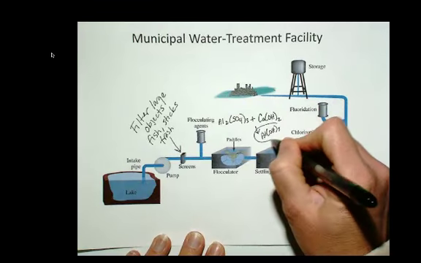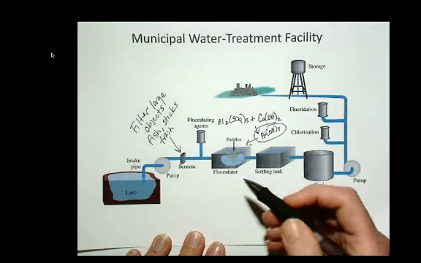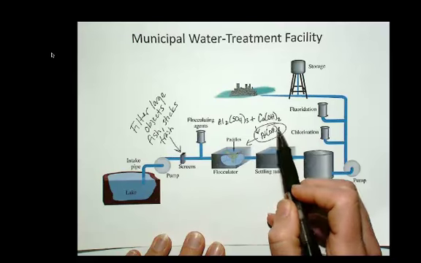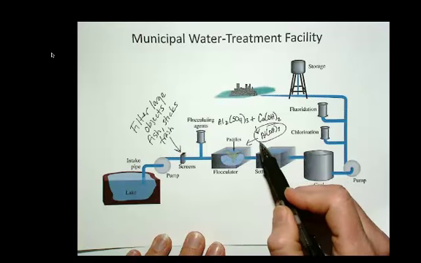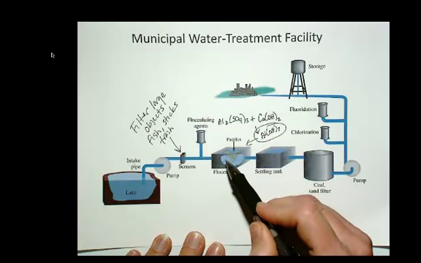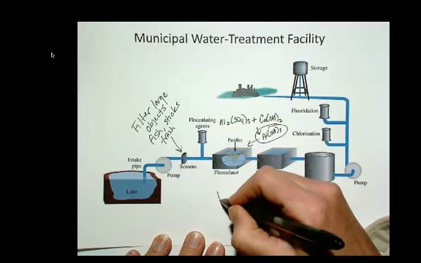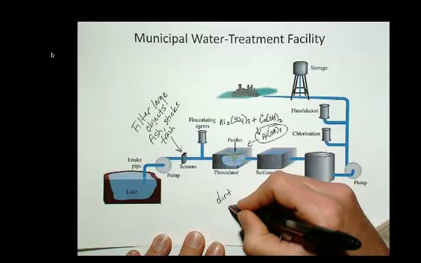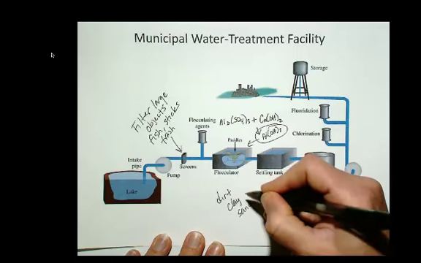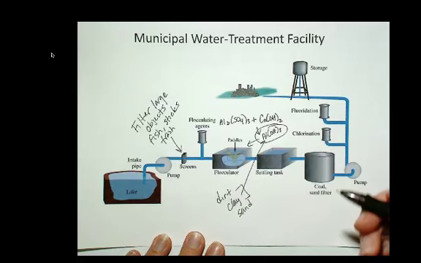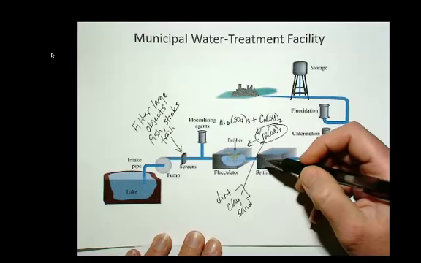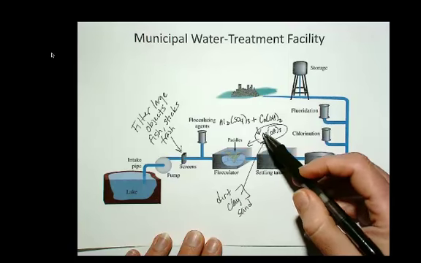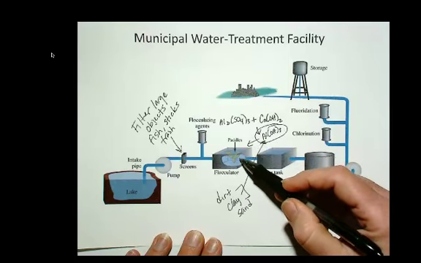But the aluminum hydroxide is really what you're after here in this mix, because the aluminum hydroxide is not soluble, and it forms sort of like a gel-like substance mixed in with the water, and it attracts dirt and sand, clay. Sand, dirt particles will stick to the aluminum hydroxide because they're similar in structure. There's a lot of aluminum in dirt and clay, and so it sticks to the aluminum hydroxide, and the particles